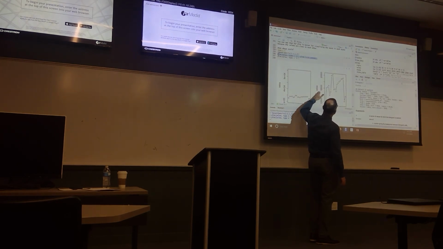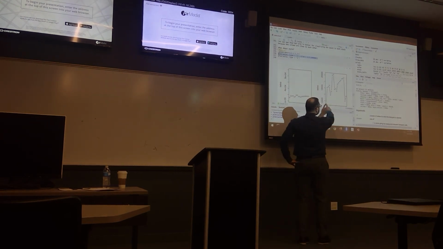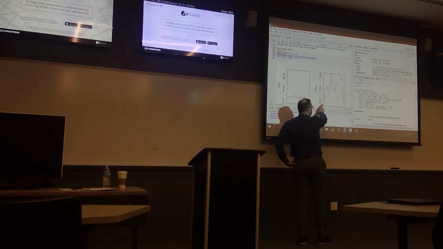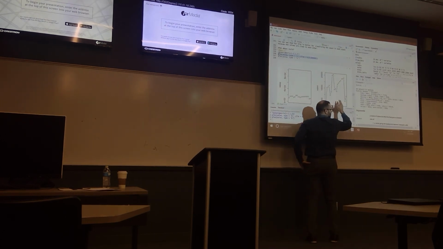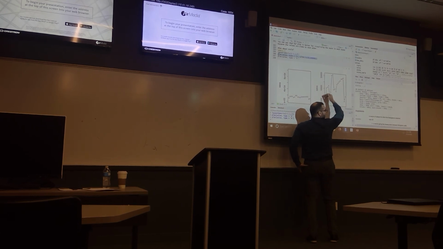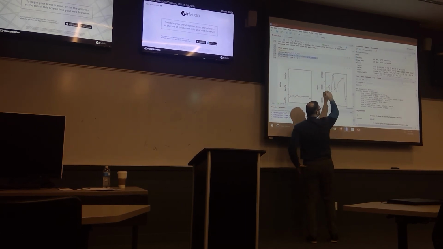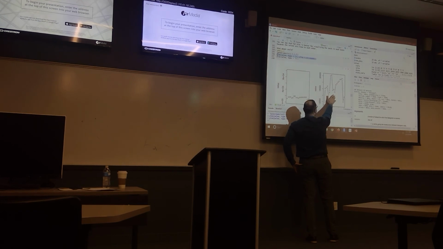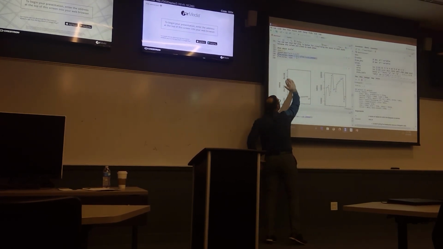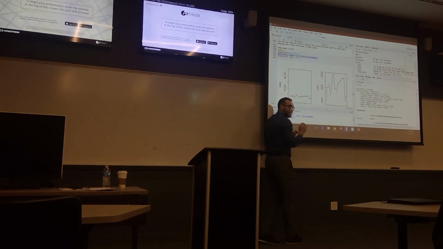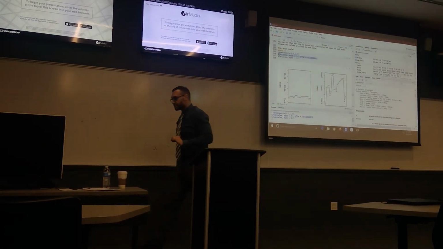But actually, is it really a huge variation? Because the minimum here is 10 and the maximum is 20. So all this variation is within 10,000. So maybe I need a little bit more than this, but definitely less in terms of scale. Selection of scale, very important.